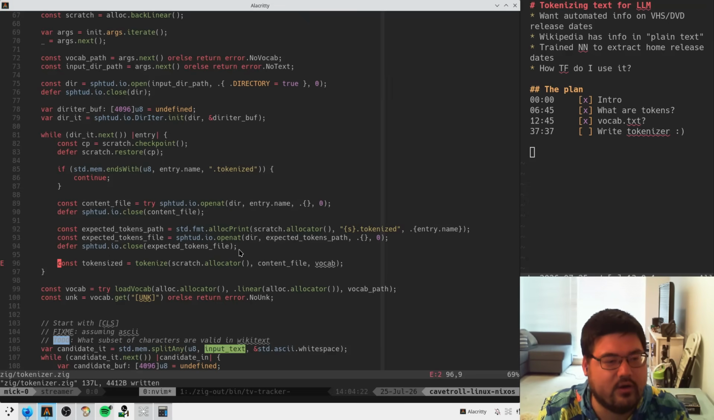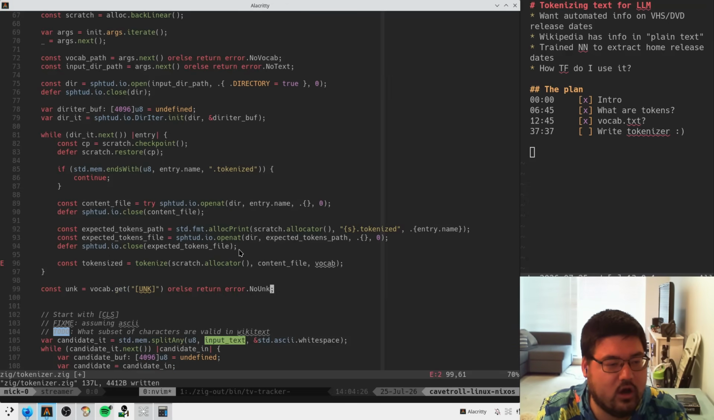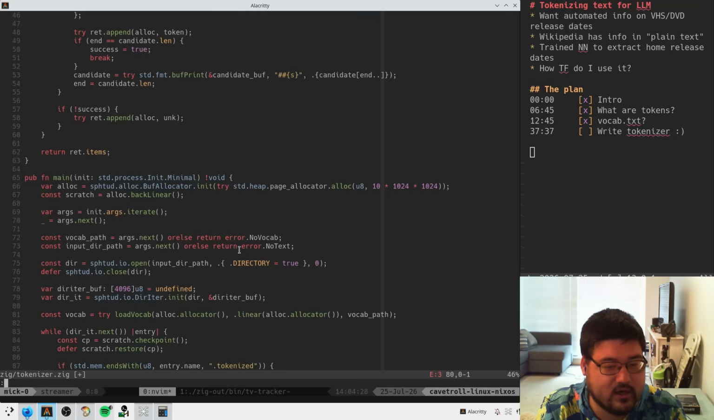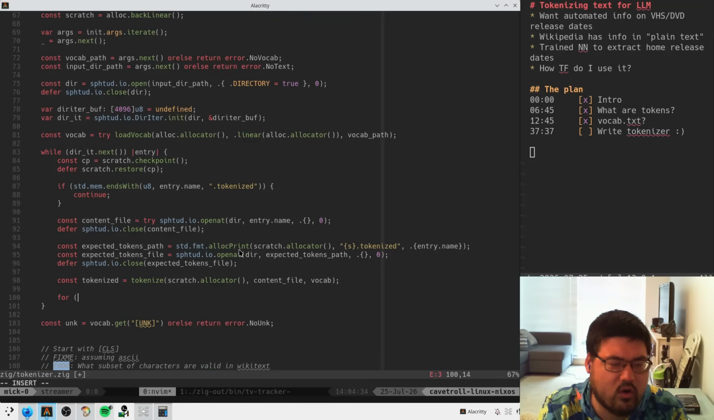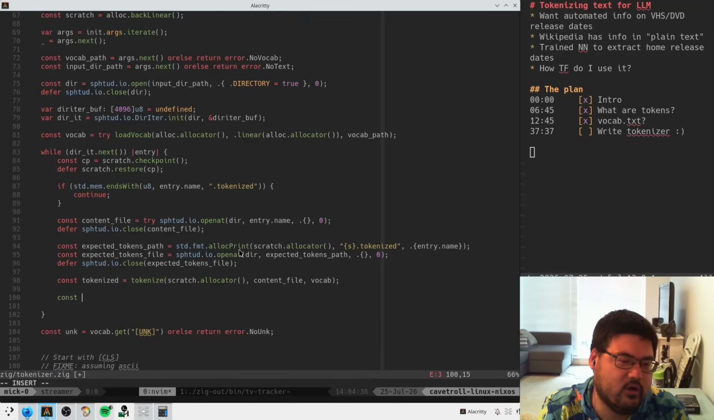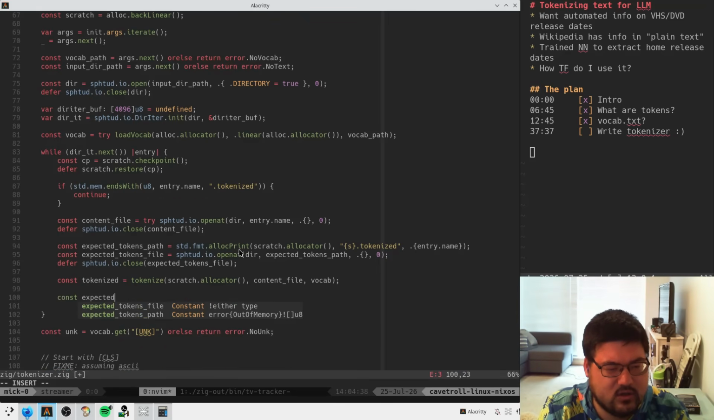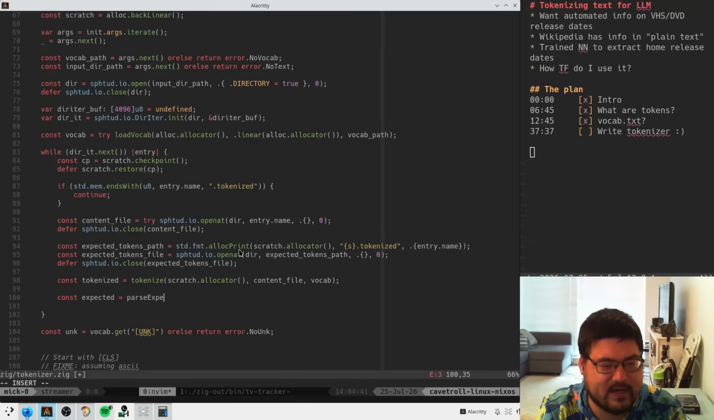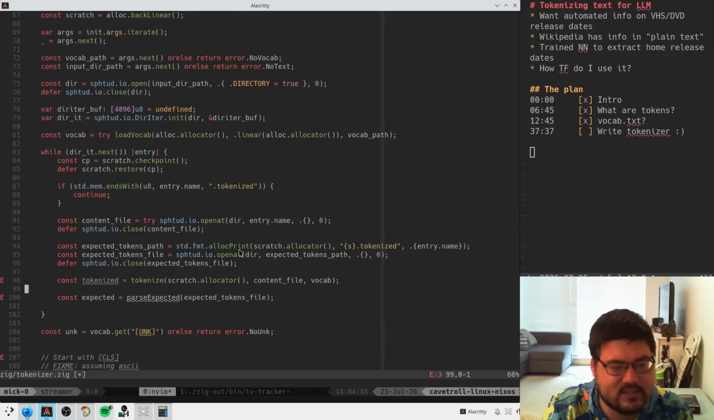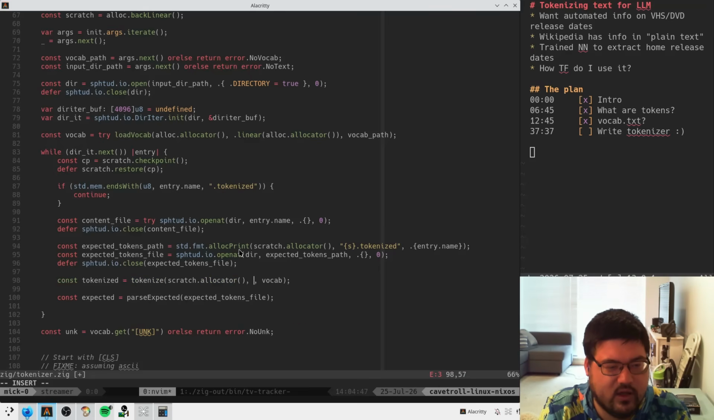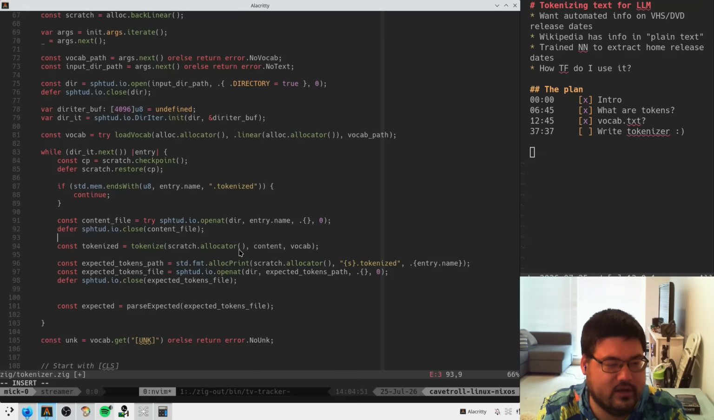Have we not loaded our vocab yet? We have not. So the vocab gets loaded here. Token sized, tokenized, and then I guess we're trying to parse expected of expected tokens file. This is like content, content is supposed to be this. So we need to do a little